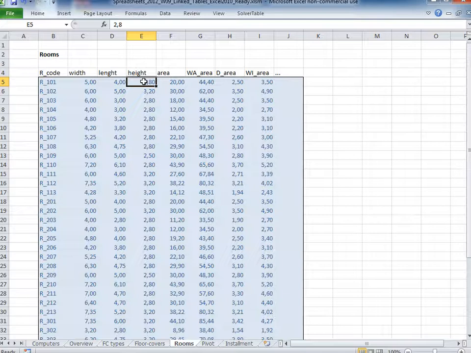But how it is divided into doors, windows and walls, we don't know, so there is this information. Walls area is 44.4, doors area 2.5, and windows 3.5 for this first room. Now, again, a lot of redundant information. We will only be using the area and the rooms